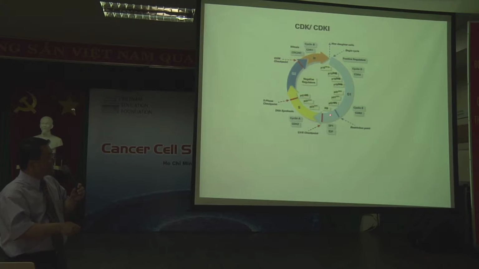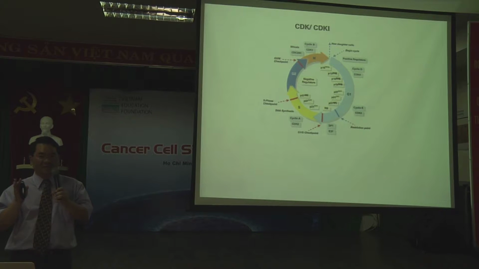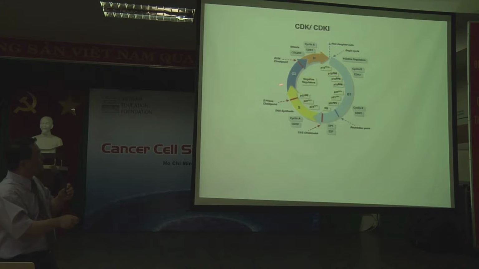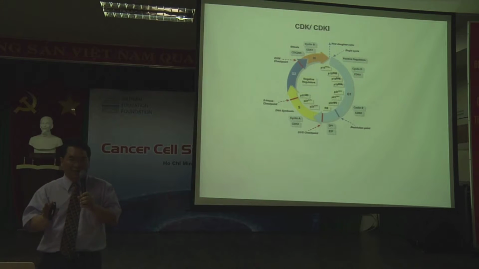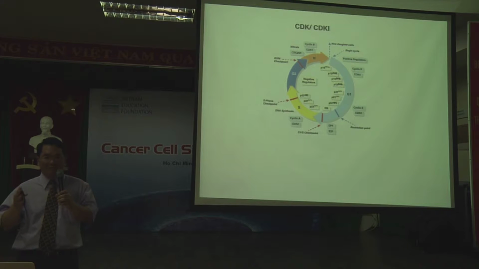And then after that, the cell goes to DNA synthesis. During DNA synthesis, sometimes all these CDKs still play an important checkpoint role, just to make sure the DNA synthesis, the DNA duplication process, is intact. If any problem happens, the cell will be able to stop it. Okay. Then the mitosis: cyclin B CDK will be able to control the mitosis process because mitosis is also